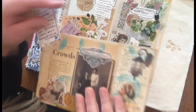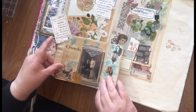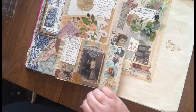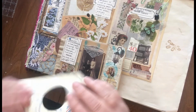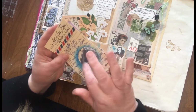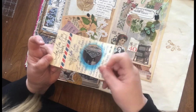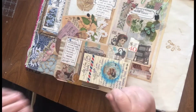Now I created these bubbles. Let me zoom you in. You see those bubbles? Let me tell you how I made those bubbles, because I think they turned out rather cool and I thought it was clever. Do I have the piece of paper? Yes, I do. Okay, so this is just a thank you note that was in my stash from something I ordered. What you do is you take a round punch and you punch out something a little stiff, and then you place it down and you take your